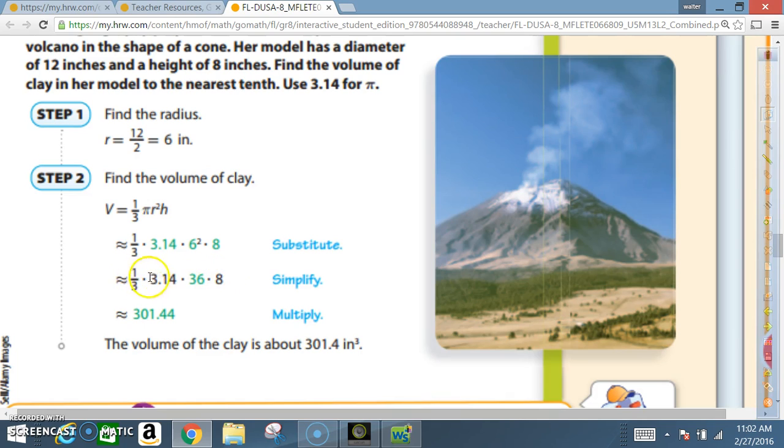And we do the same thing we did before. We multiply going across the top first. So we're going to say 1 times 3.14 times 36 times 8. Then we multiply on the bottom. 3. What number is up under 3.14? 1. What number is up under 36? 1. What number is up under the 8? 1. So 3 times 1 times 1 times 1. And when we get through multiplying across the top and then dividing by 3 on the bottom, we'll come out